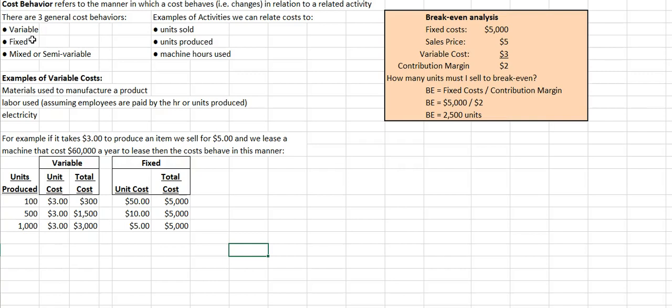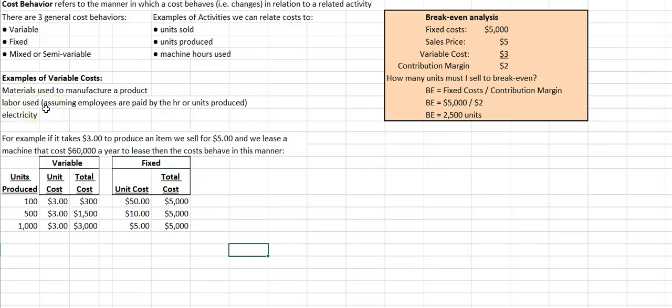Many of the analyses that we do require us to understand what our variable costs and what our fixed costs are. It's extremely important. Before I move on to that, let's just continue with the cost behavior. Let's take a look at an example right here. So it says here, examples of variable costs: materials used to manufacture products. Labor used is an example of